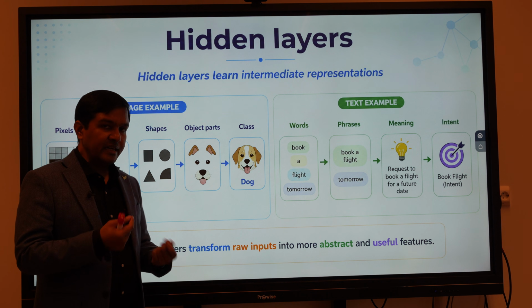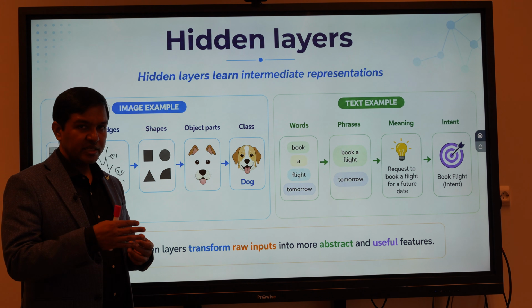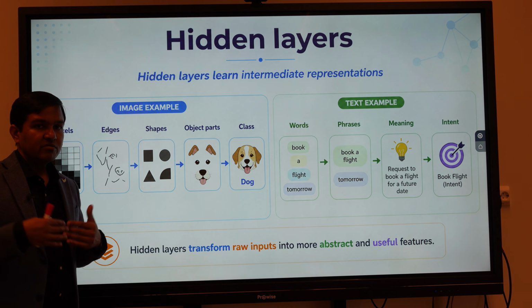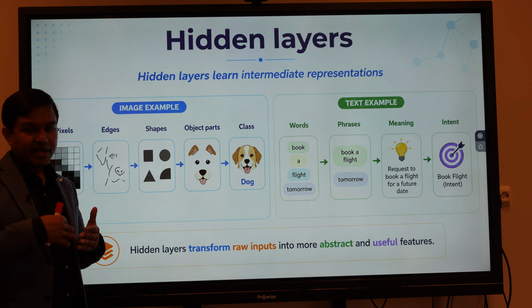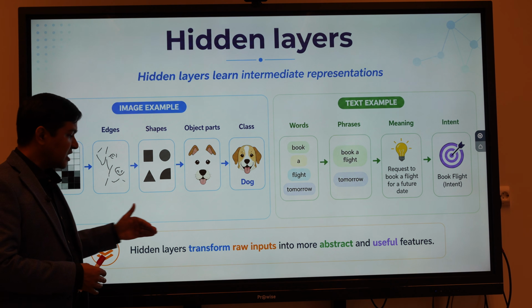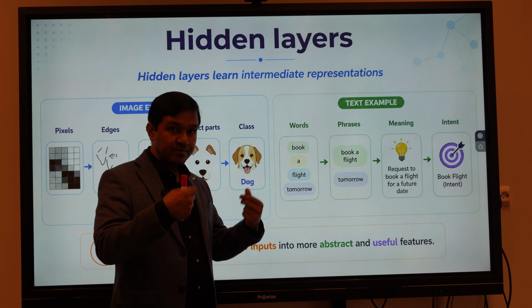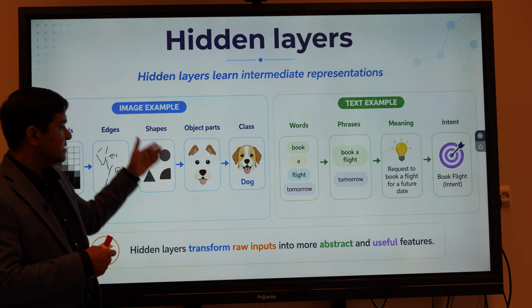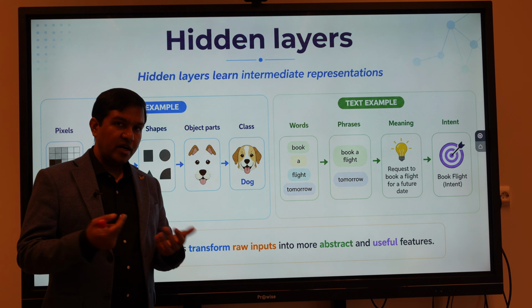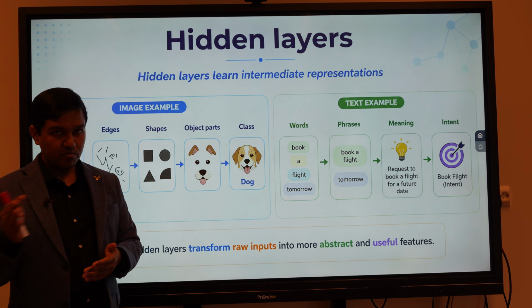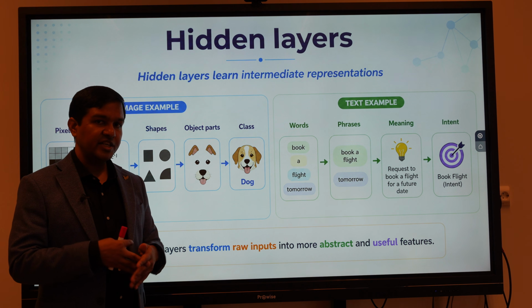So what a hidden layer is typically doing is transforming the raw data. We move from feature engineering to directly passing the data. It is transforming the raw data into more abstract knowledge and useful features for the model to do classification or prediction.